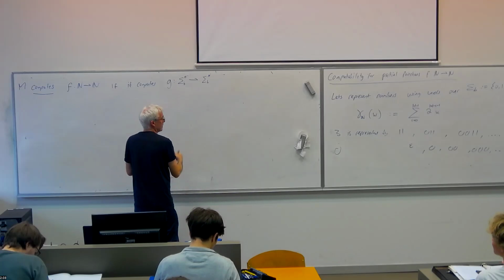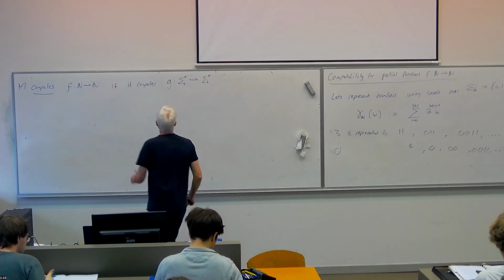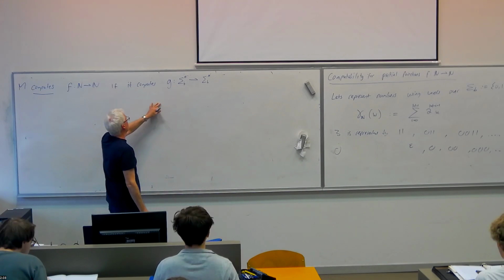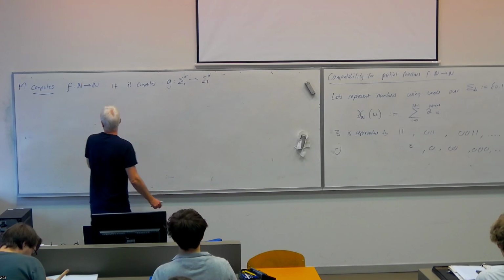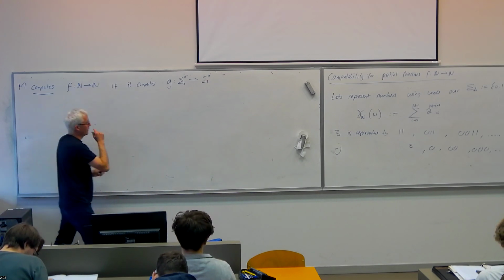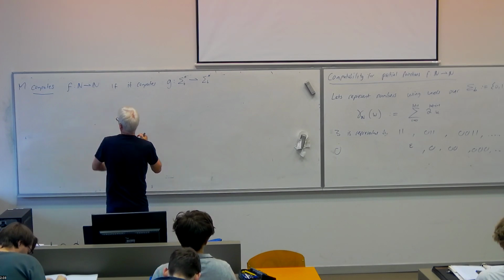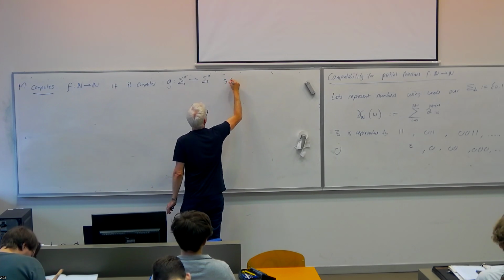So it's mapping bit strings to bit strings, and obviously we want the function g of bit strings computed by the Turing machine to correctly compute the function f. That's the obvious definition. That if it computes g such that